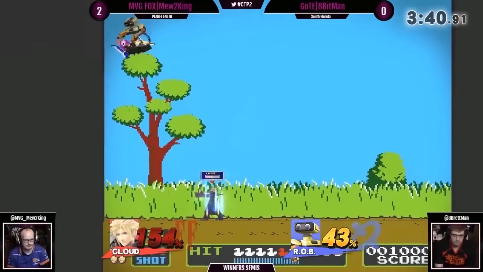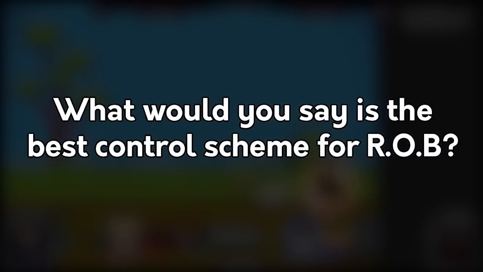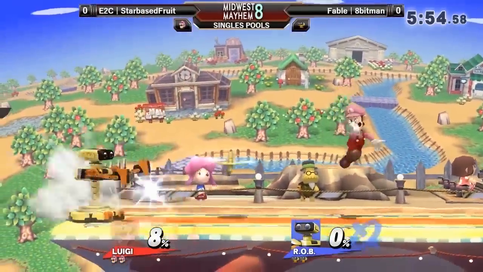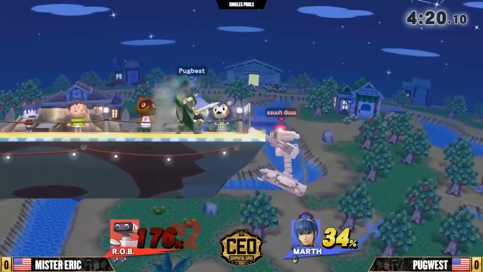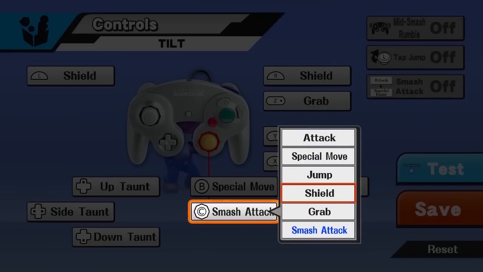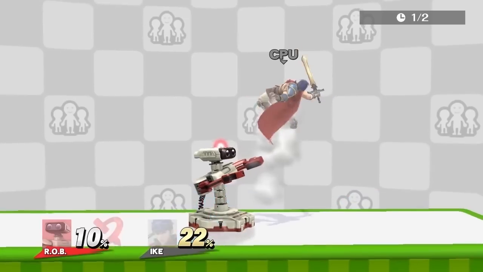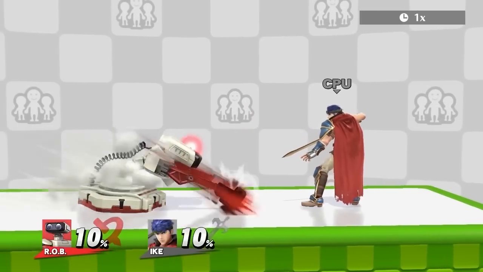Okay, that makes sense. What would you say is the best control scheme for Rob, in your opinion? Do you think there's an optimal scheme, or does it depend on the player's playstyle? There's been a lot of experimenting with the control schemes for Rob. I personally have only ever used default, but players like Mr. Eric and Rafi have tested out different control schemes. Most of them use tilt stick, because out of up throw and out of like nair and stuff, you can do like perfect pivot up tilts, and in neutral you can do perfect pivot down tilts, which is really good